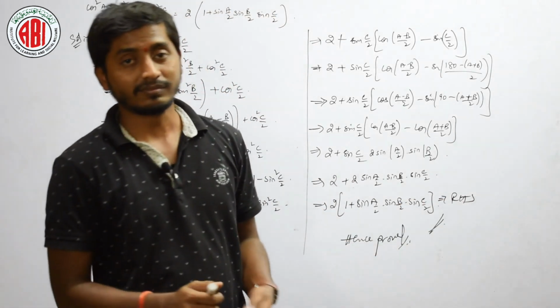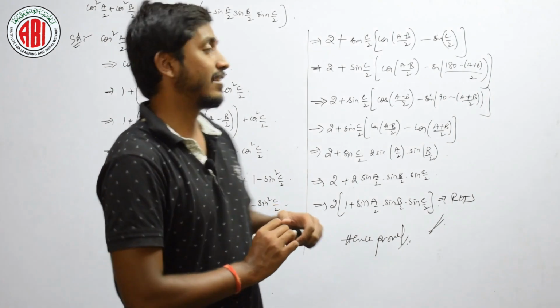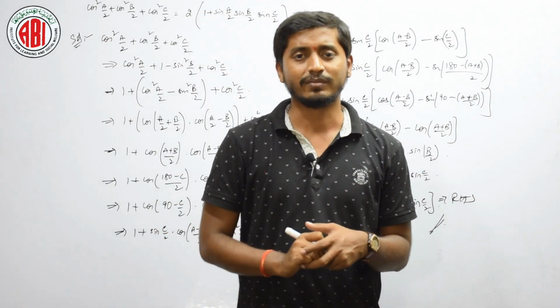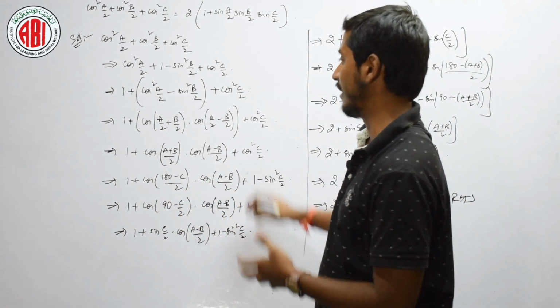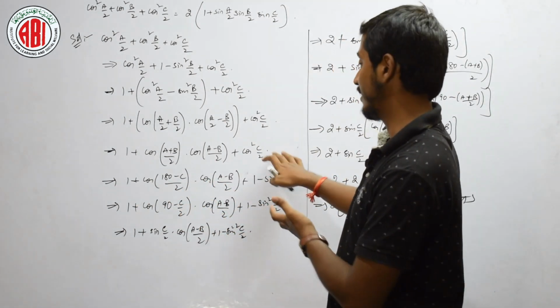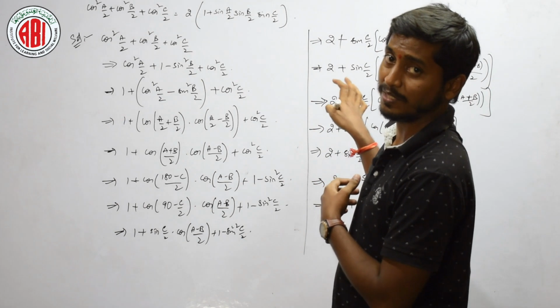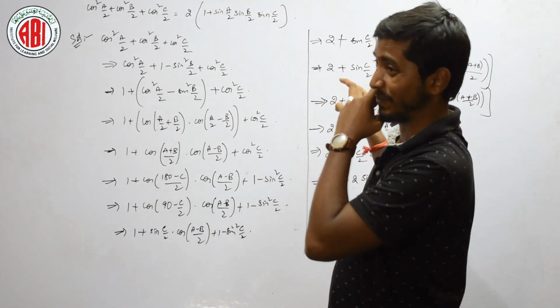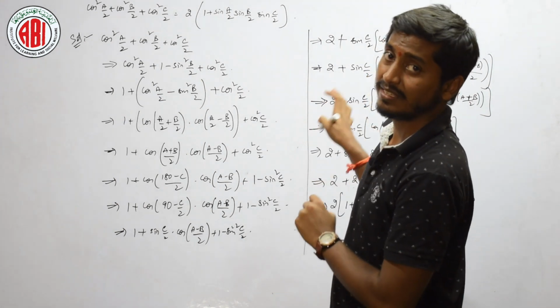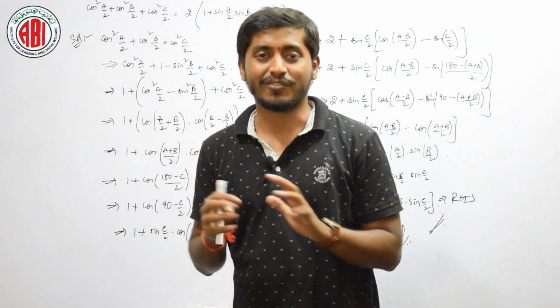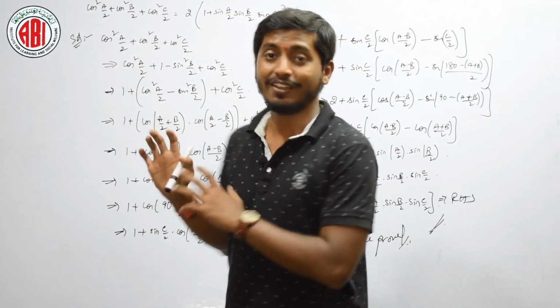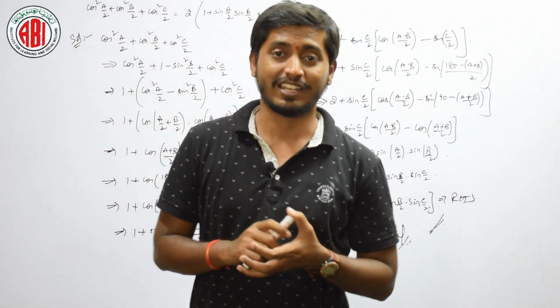Hence proved. Is it clear? Once again, what are the prerequisites for this problem? There is nothing new. Almost all of it we have done the same way from here, changing this c term into 1 plus a plus b. Most of the things are the same, isn't it? Yes or no? Is it clear? Without the formula we can't do any of these problems. Shall we move on to the next problem?